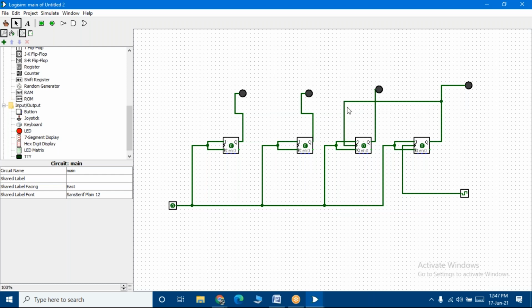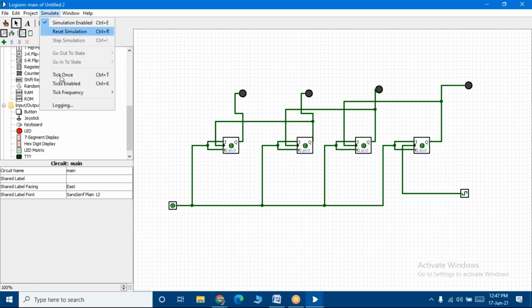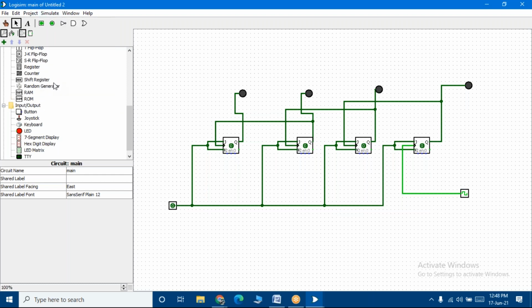Please do check whether what I'm doing is correct or not. Okay, students, my connection is over. Let me go to simulate, tick once, go to simulate, ticks enabled. Dear students, when I enable ticks, it gets enabled here. Let me go to the index finger and click on 1.